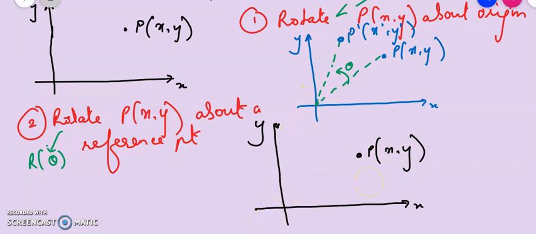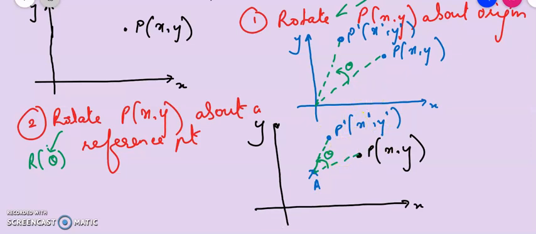I am going to consider a reference point, let it be any point on your screen. So this is my reference point, and I name it as A. So A becomes the reference point using which I will have to rotate P in anti-clockwise direction, and theta is positive. We just try to see what will be the output. Treating this as the reference point now, I form an axis out here. Now my rotation angle is theta, so I go in this particular direction and then I form my output out here. This becomes my P dash, that is x dash, y dash.